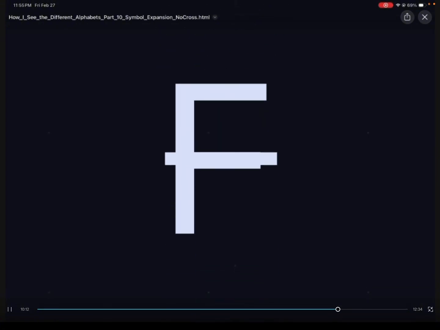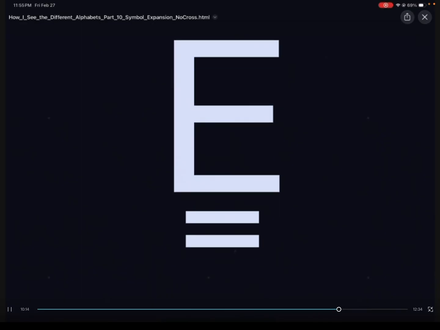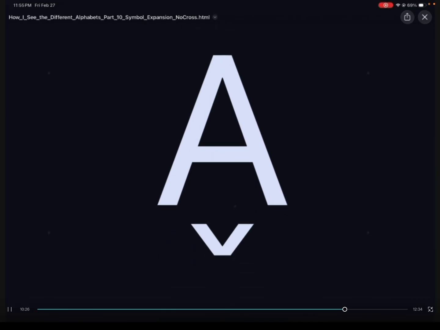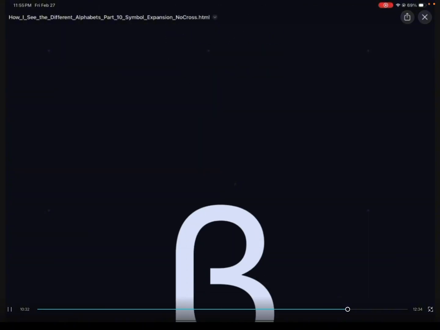Gamma, F. E equal symbol. D with a line at the bottom. C with a line at the bottom. B with a bowl at the bottom. A with a triangle at the bottom pointing down. Alpha, Vita, Gamma,